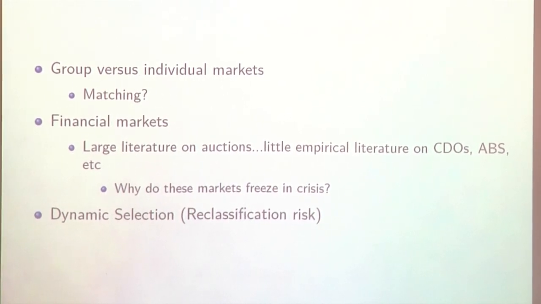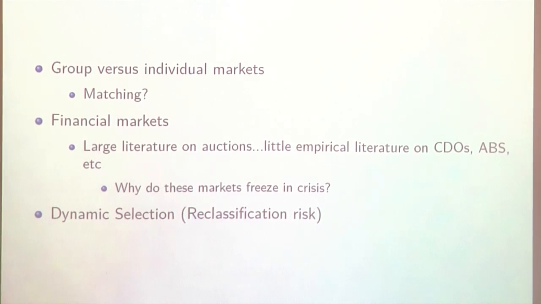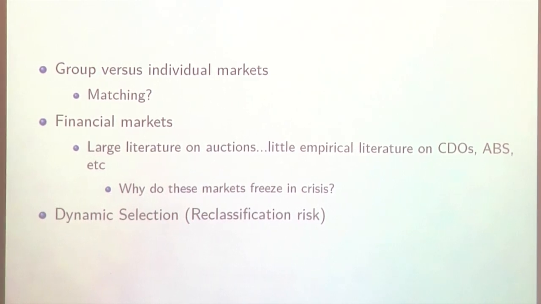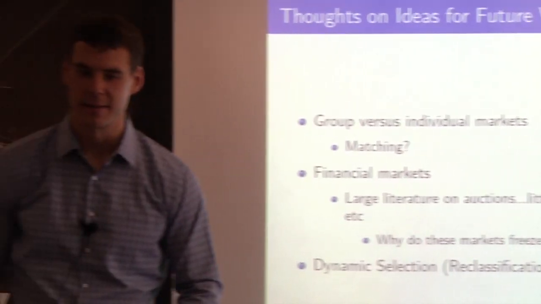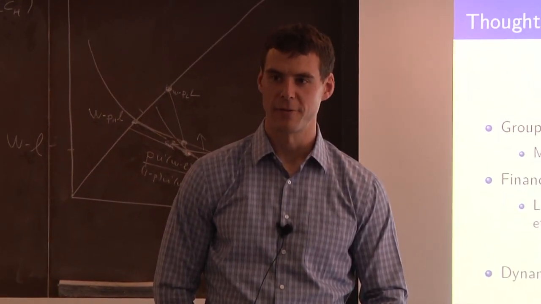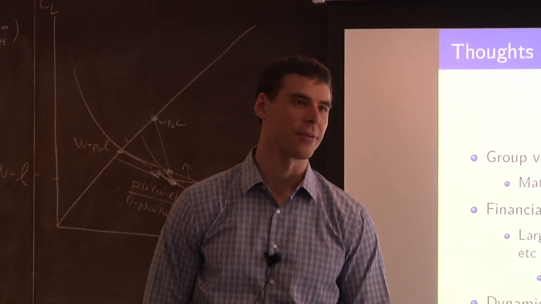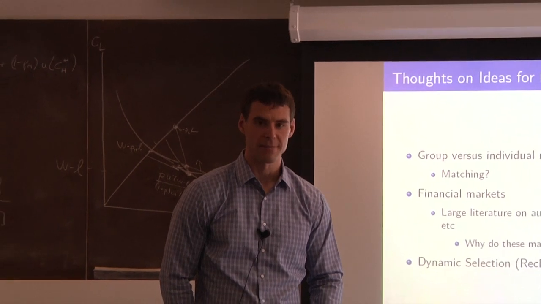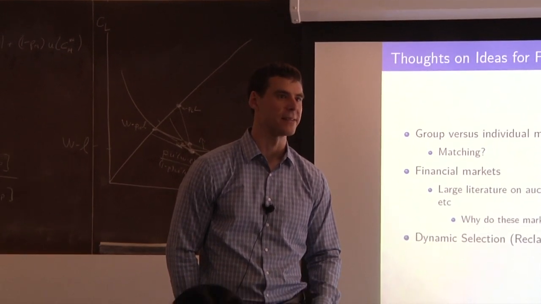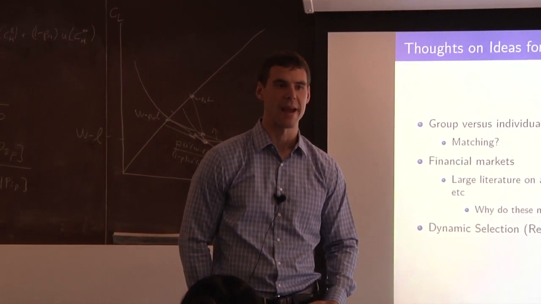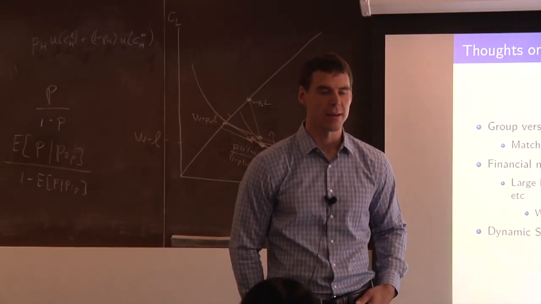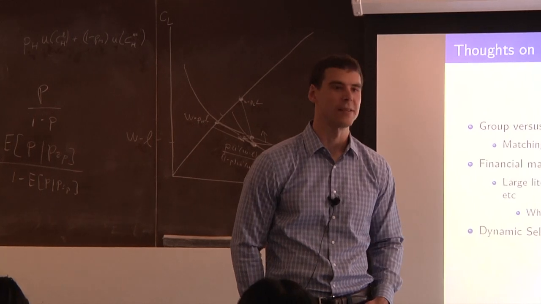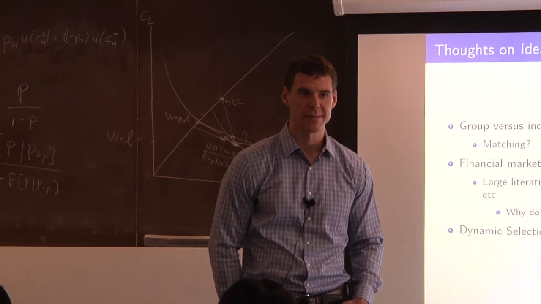So anybody who's interested in matching models in the spirit of Al Roth's Nobel Prize might be interested in thinking about something like that. There's also questions outside of directly public finance, about what happens in financial markets, the role of asymmetric information in other financial markets. If you remember the credit freeze, you had credit markets that just evaporated overnight. The markets for retrading these asset-backed securities just completely evaporated on the day after Lehman collapsed. So thinking about, is this private information? Is it other types of things that are generating these markets to collapse? Potentially some interesting things to think about.